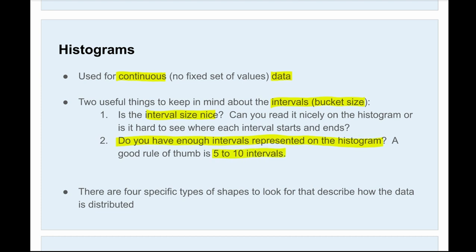Now, there's not really a specific way to figure out how many intervals to use. It kind of just involves playing around with the bucket size to see what represents our data nicely. Again, the good rule of thumb is anywhere between 5 to 10. You can choose more than 10 depending on your data, but generally speaking, you wouldn't want to go below 5. And when we create our histograms, there are 4 specific types of shapes to look for that describe how the data is distributed. But before we get into that, I want to at least touch on, again, just how to